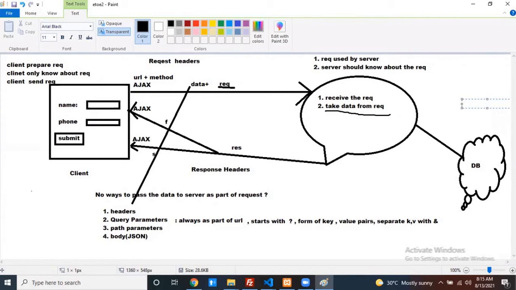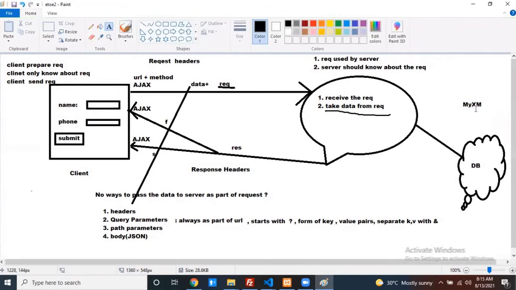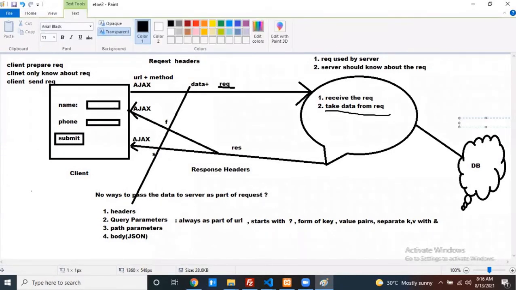I want to connect by using Node.js to my database. Which database? MySQL database. So if you want to connect with my MySQL database from my Node.js, we have a separate library. First of all, you have to install that library. By using that library, we can get some methods to connect with MySQL and execute some queries in your MySQL database.